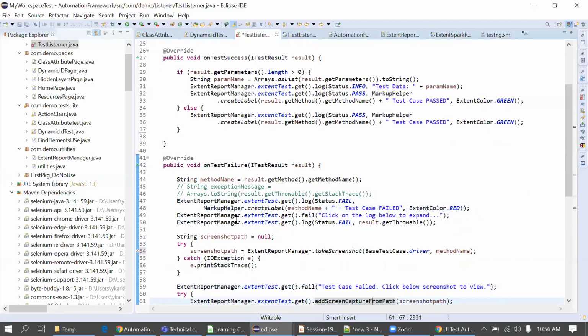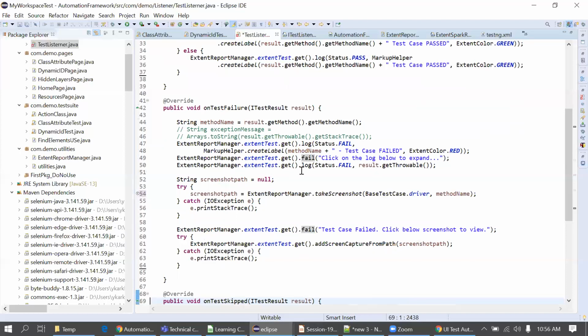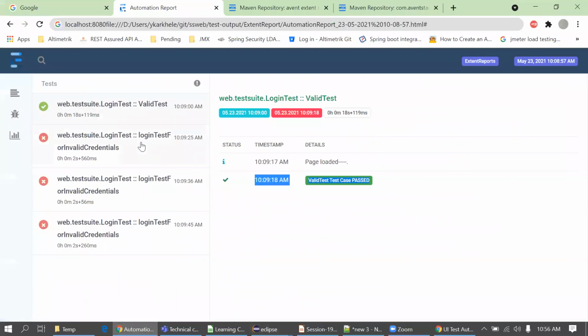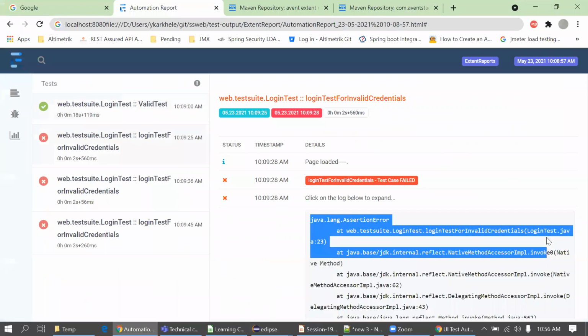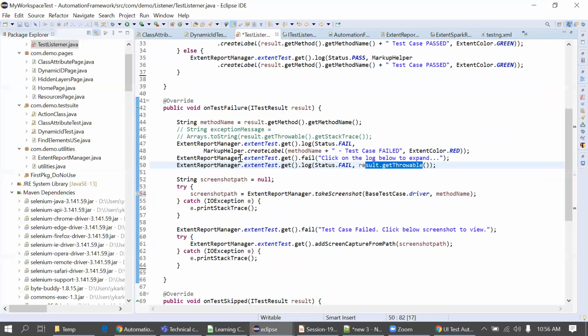Then again, we are printing a few more things, ExtentReportManager.extentTest.get().fail, and this we are just printing the sentence. By using this line, get().log Status.FAIL and result.getThrowable, it will simply give the throwable, meaning this part. This will be printed by this line of code, line number 50.